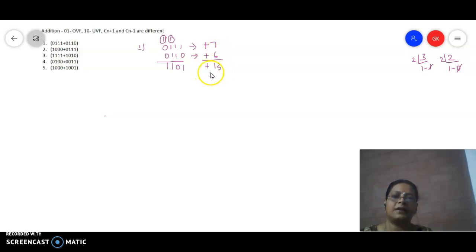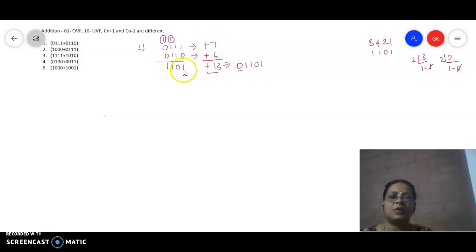Now the answer 1101 may seem correct. If we take this binary equivalent with the 8421 code, it is 8 plus 4 is 12, 12 plus 1 is 13. So it seems to be correct, but actually the answer is not correct, because the first digit always indicates the sign bit. What should be the expected answer for plus 13? You should get 1101 as the magnitude, and you have to get plus here, so the MSB should be 0. So this is going to be the actual answer.